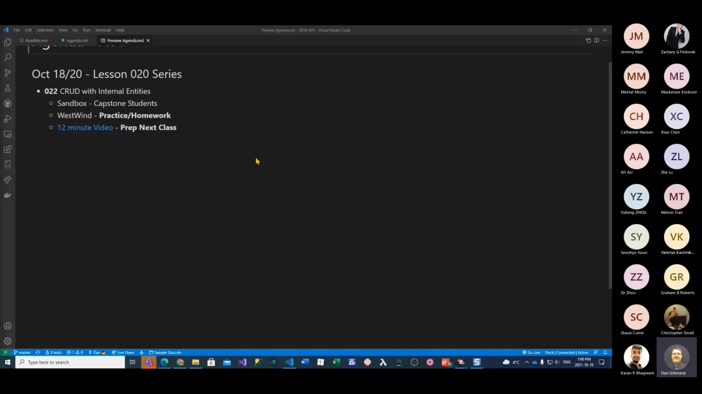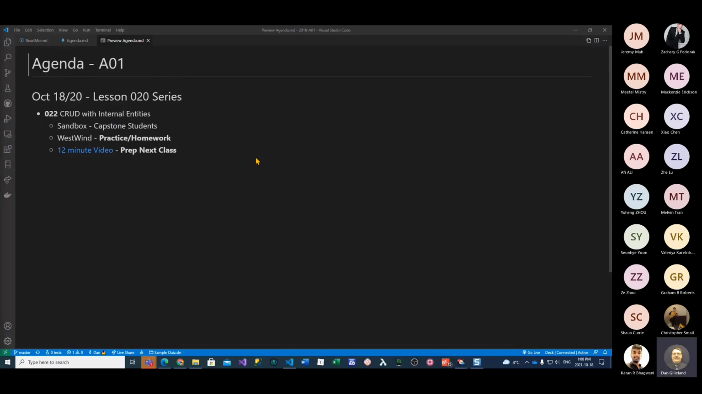We're going to continue on doing some learning about some stuff with our capstone sandbox application. So the basic agenda that we're looking at is working with some CRUD forms with internal entities that we'll do in the sandbox. Then what I'm going to ask you to do is work with the West Wind to do some practice homework. And as preparation for the next topic that we're going to get into, I want you to